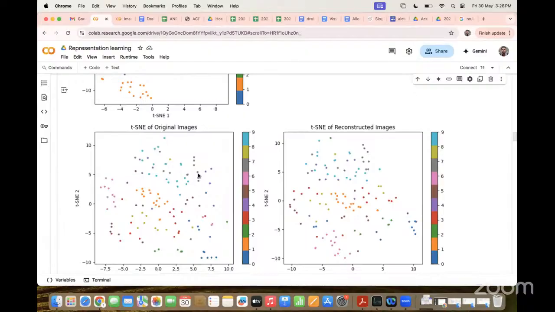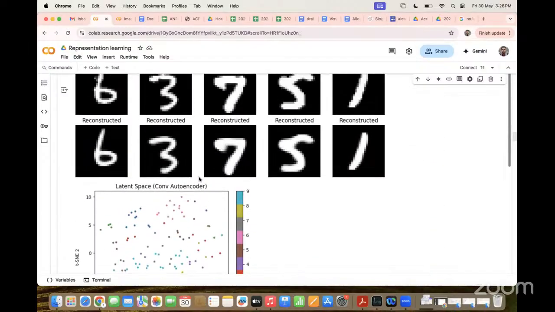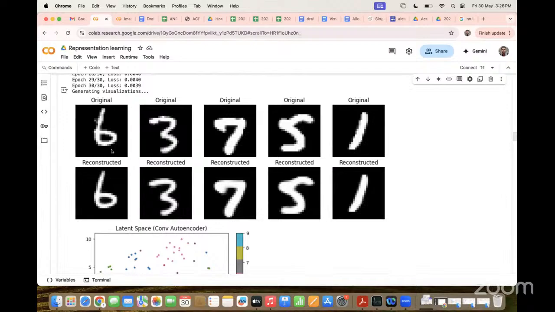Sir, here we are seeing three images. The original image, this is 784 cross 1. And this latent space is 784 converted to 128 cross 1. And the latent space 128 cross 1 is again converted back to 784 cross 1, the reconstruction.